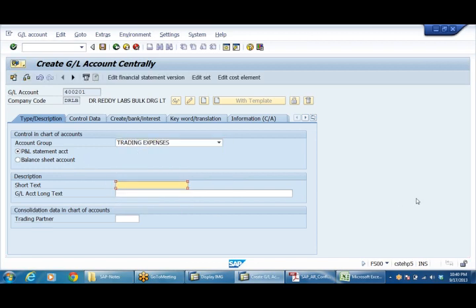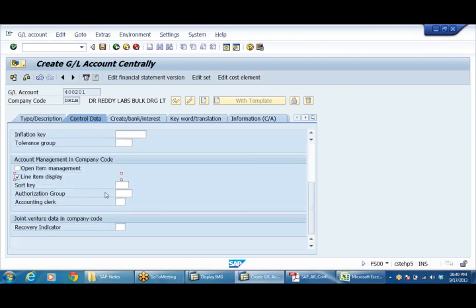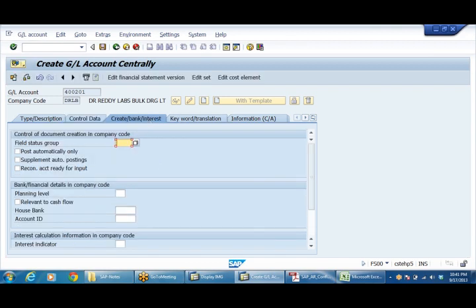Say quantity rebate to customer. Since this is an expenditure, line item display, and G001. So these are just simple GL accounts, that's all.